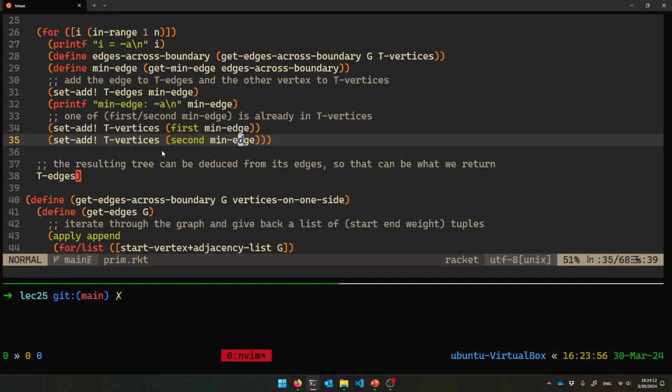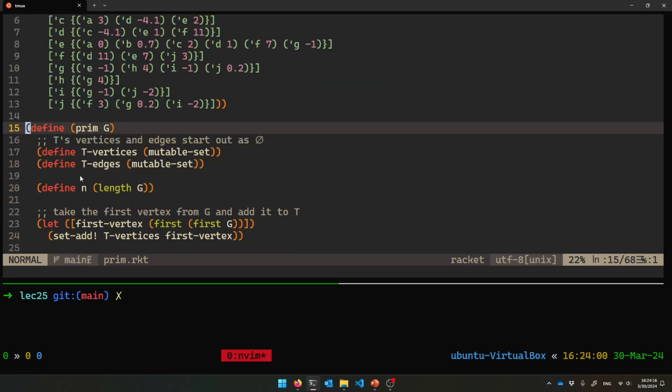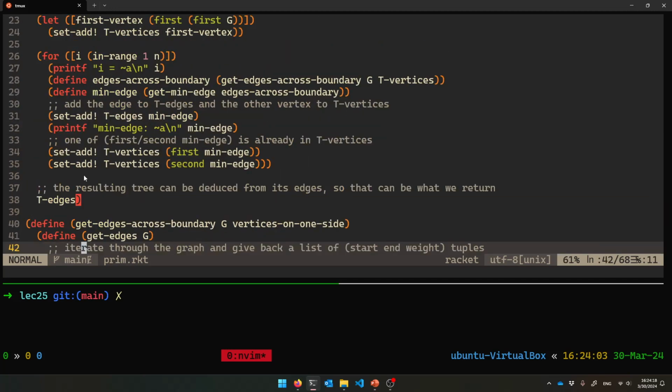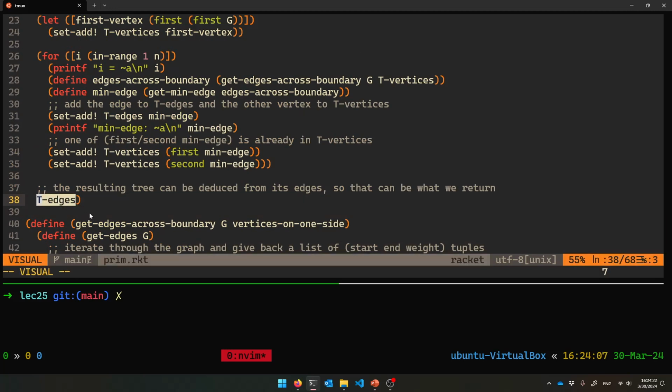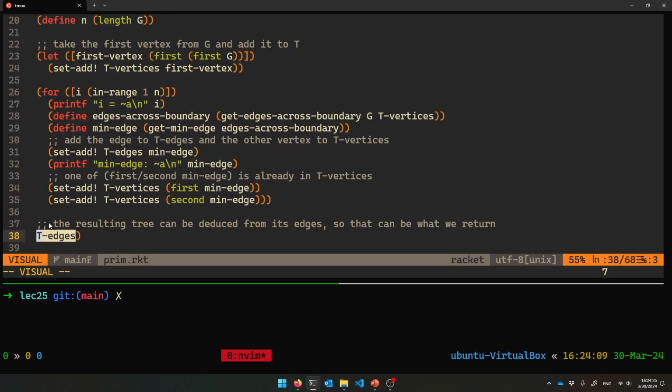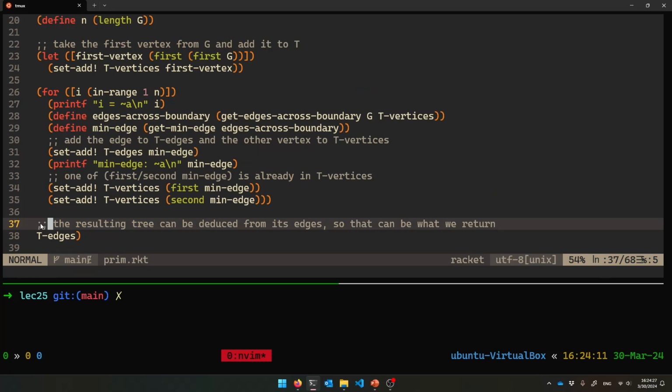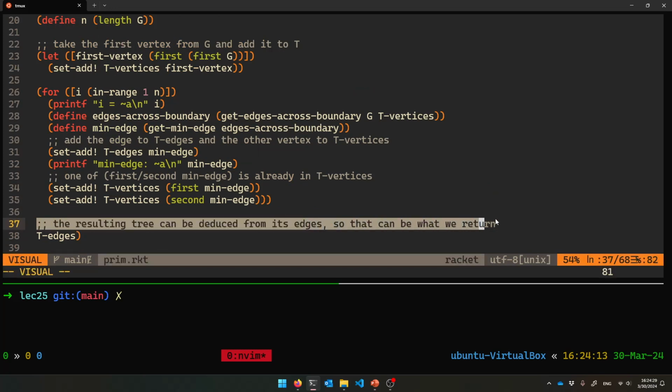It's not a big deal. So that's fine. And then what I'm returning, did I mess something up here? Yeah, this is fine. I don't know why this is coloring this weird, but the return value is T edges, right? So I'm going to return the tree as the set of all the edges, because